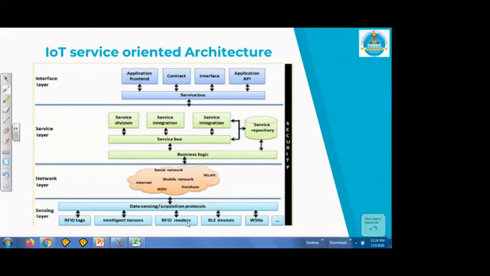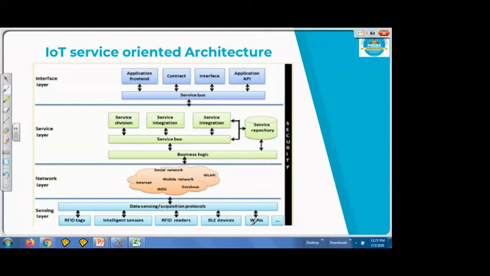Then RFID readers, your Bluetooth Low Energy enabled devices. You can have your wireless sensor networks, anything which will be capable of sensing the data. And we can have again various data acquisition protocols. Okay, so all things can be observed in your sensing layer, which is capable of reading or measuring